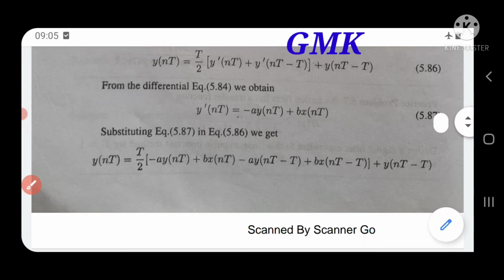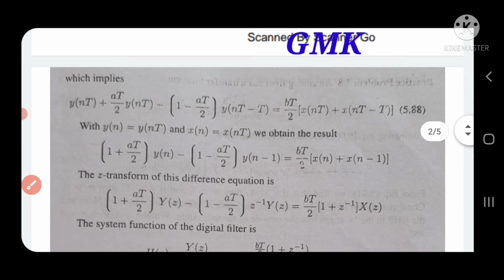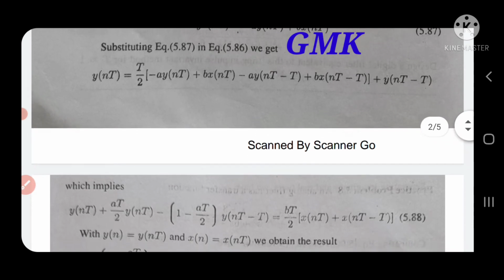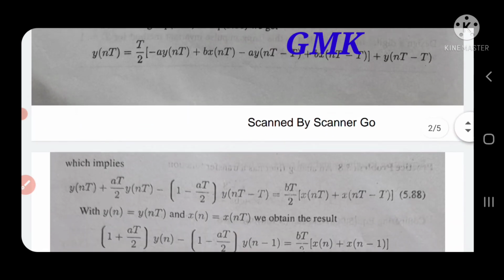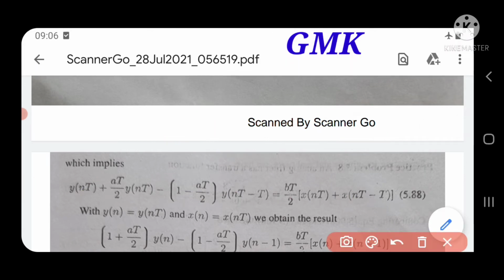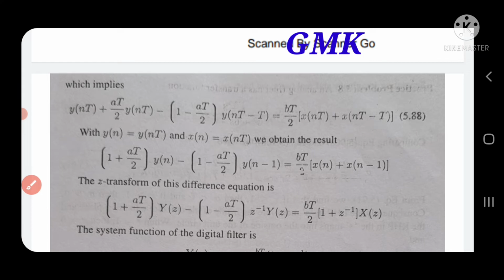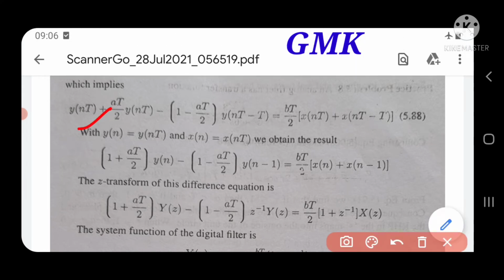So we know that in the sampling process of the analog signal, we have some assumptions. So the above equation, here we are not mentioning any equation number. Suppose by taking the above equation, we can represent it, just take the common part: take the y of nT terms to the left side and x of nT terms to the right hand side. By taking the assumption that y of n is equal to y of nT, x of n is equal to x of nT, by taking these two assumptions, you have to substitute those two values in the above equation. The above equation can be represented like this.